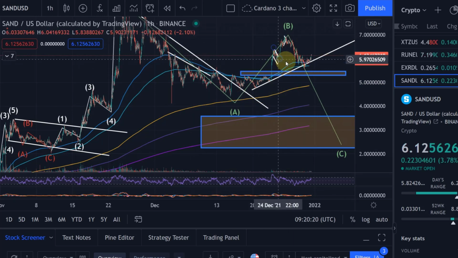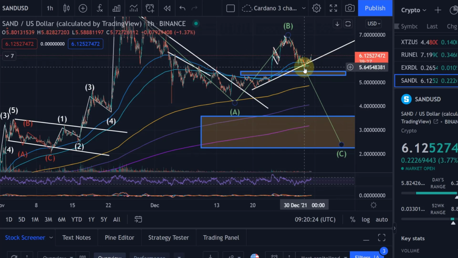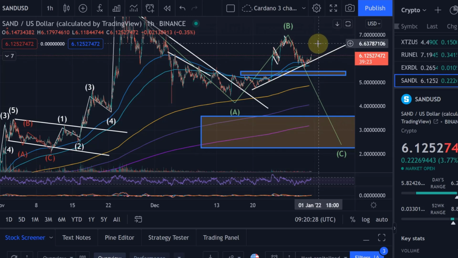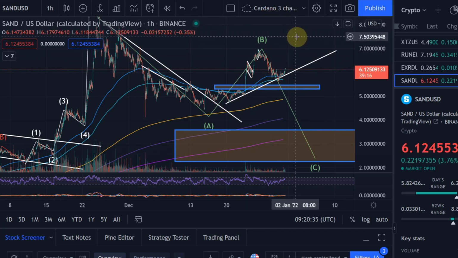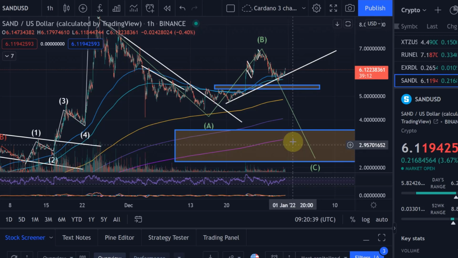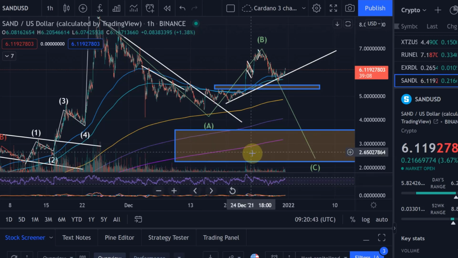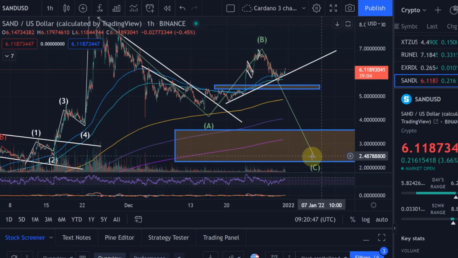So, in any retracement down, we need to take into account how much we've already gone up here, and depending on how much Sandbox has gone up, a potential percentage drop compared to Bitcoin might not be enough to push it far into the target area here. But this is the target area that I would expect it to hit in the wave C that Bitcoin is going to do as well, in my view.